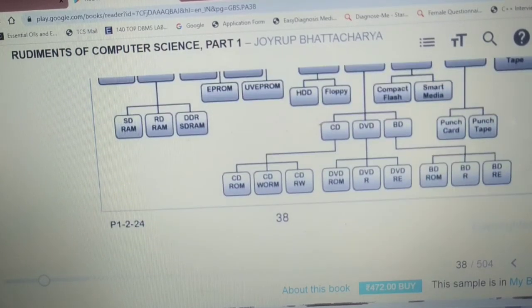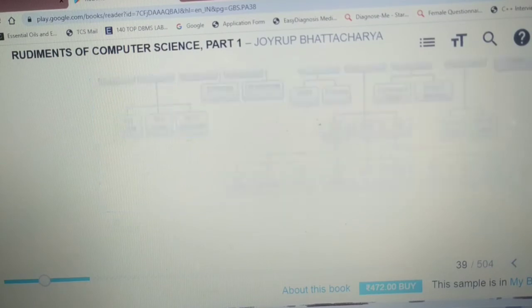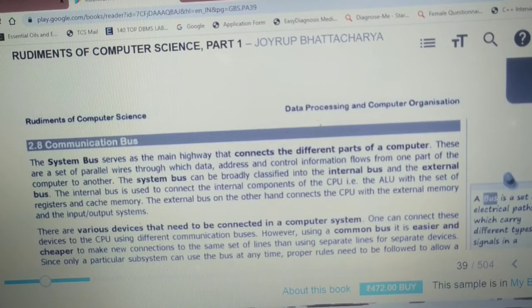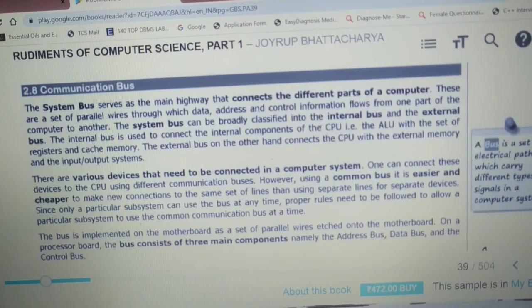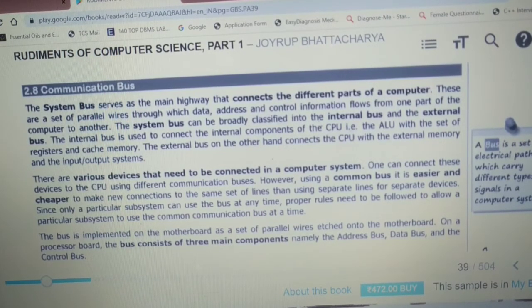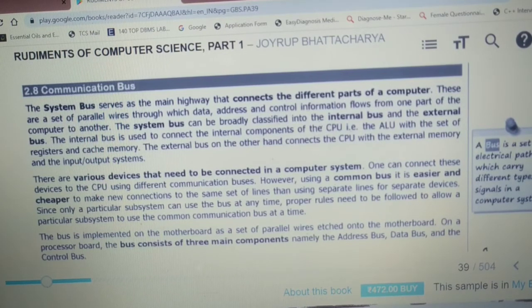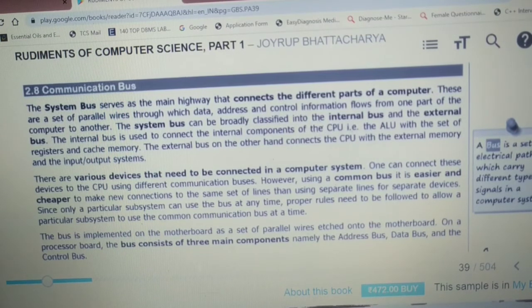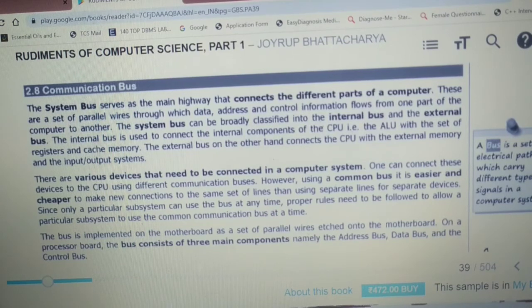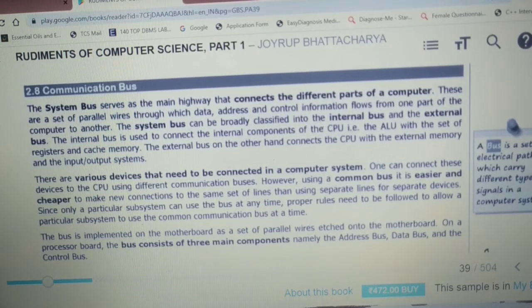Everything is there. Now we are moving to the next topic, that is the communication bus. The communication bus is a new topic for you. You learned about similar things in classes 9 and 10, but the communication bus is introduced for the very first time. So first tell me, what do you know about a local bus? A bus stops at different bus stops, picks up passengers and drops them near their destination.